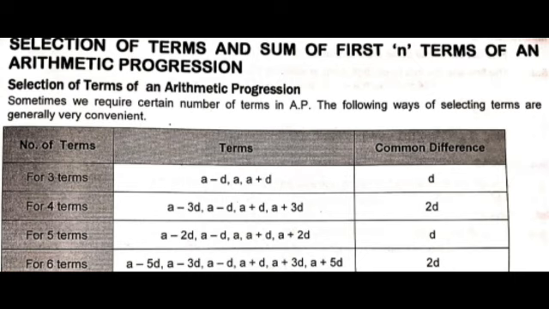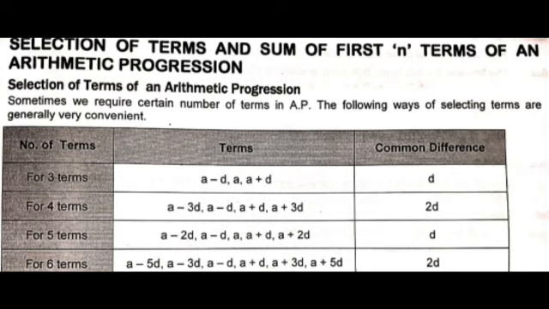Now, from this discussion, it should be clear what pattern I am following. If we need 6 terms, generally you will not need them in class 10, but if you need them in any such problem, then you must prefer this sequence. That is, in that situation you will consider the first term as A minus 5D, next A minus 3D, then A minus D, then A plus D, A plus 3D, and A plus 5D. Here also you will find the common difference as 2D.